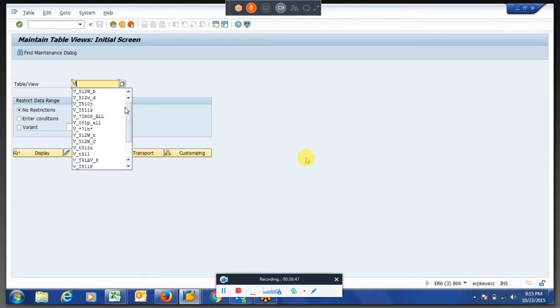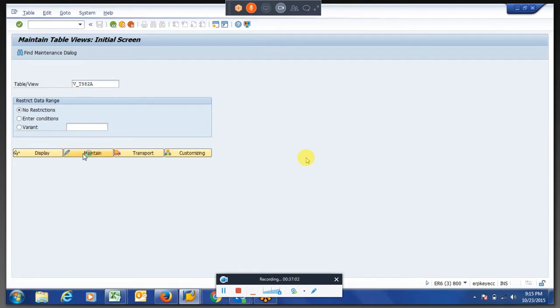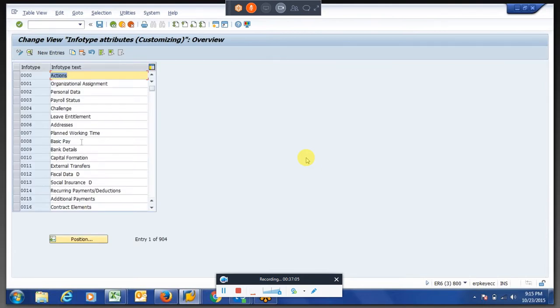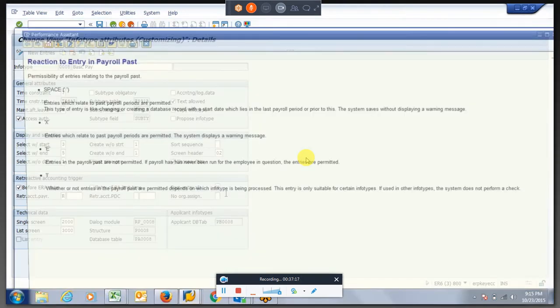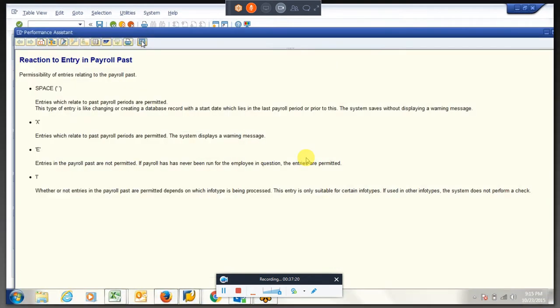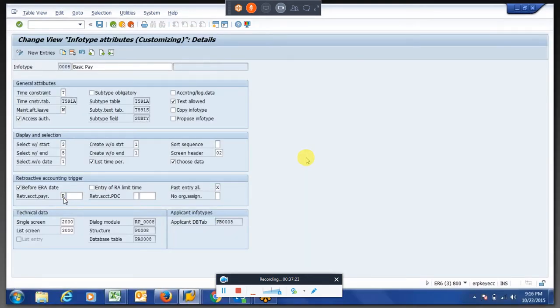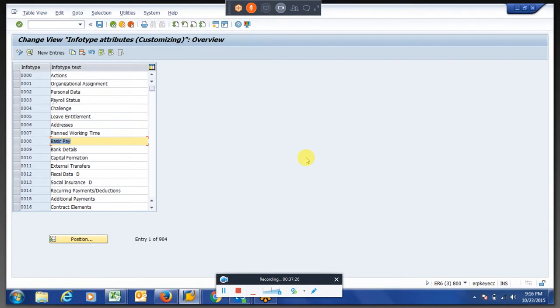Within our session, it's very difficult to explain everything. SAP is huge. Whatever I am telling, you can treat it as some 30-40% of what is there. The remaining thing you have to work on yourselves. If you see any infotype, say infotype basic pay, some of the characteristics are here. You have to check what it should be. And if you see the R, it will affect the retro if something was changed for this basic pay. Likewise, you can go for communications or some other infotype.